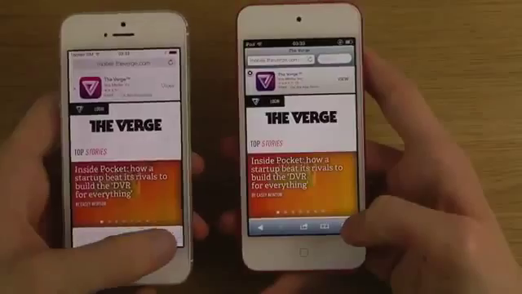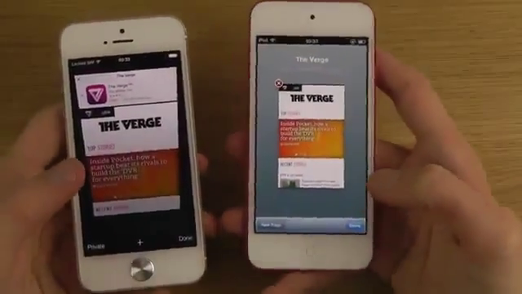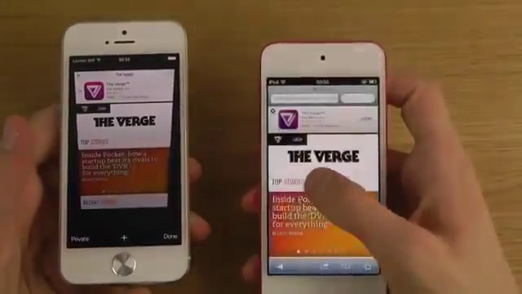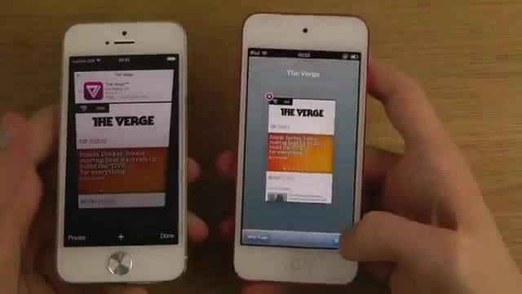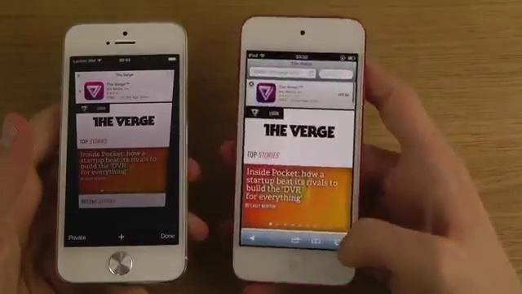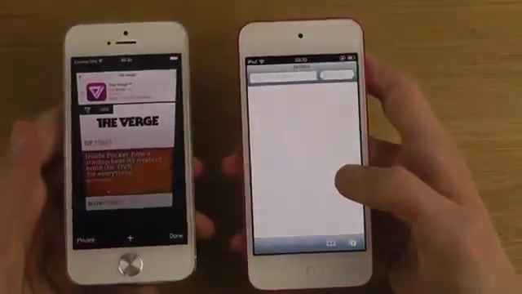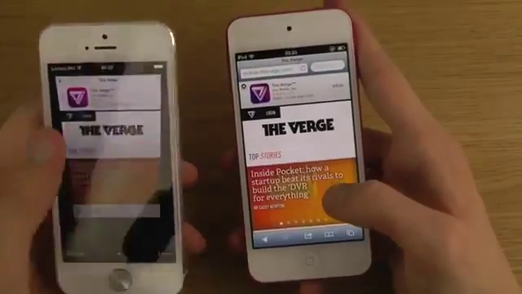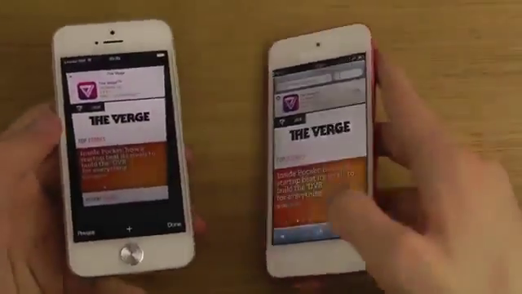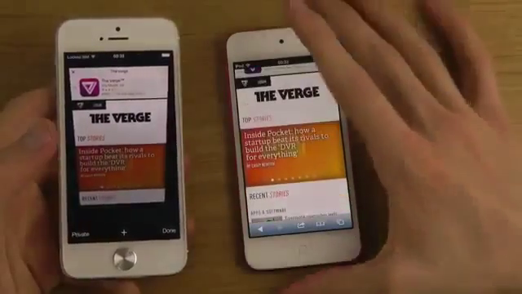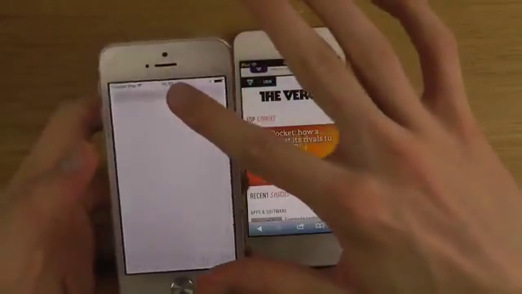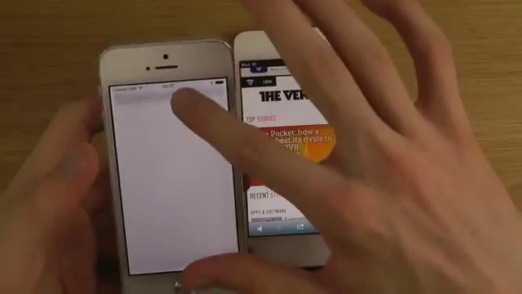And then of course we do have the tab system here that they also remade to an even better tab system. Now the tab system in iOS 6 wasn't bad at all. Really a good tab system here. And you can see here, you can just pop up a new page here on the side, and it will open it up. So very straightforward over there. In iOS 7 they have a little bit more of a cover flow effect. So you can just close it. You can't swipe it to remove, I'm pretty sure. Yes, you can actually. Oops. So it seems to be inspired a little bit by